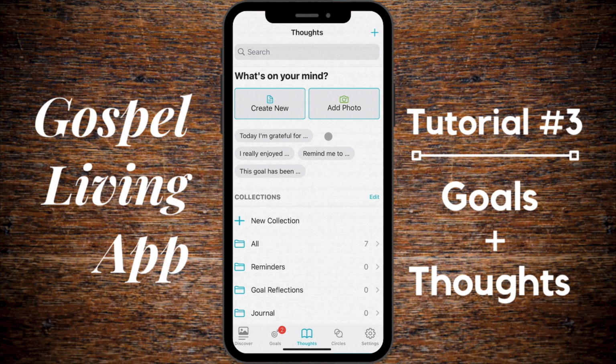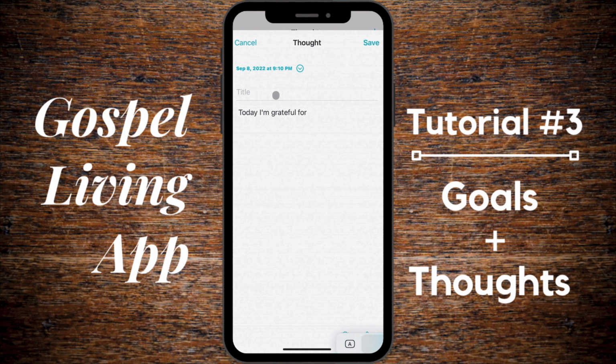Things like, today I'm grateful for, or I really enjoyed, remind me to, or this goal has been, all great things. Let's do, for example, today I'm grateful for, and we'll type in, today I'm grateful for raindrops and baby snuggles. Really optimistic here. And we'll add an emoji just for giggles, and we'll give this thought a title. We'll call it gratitude,